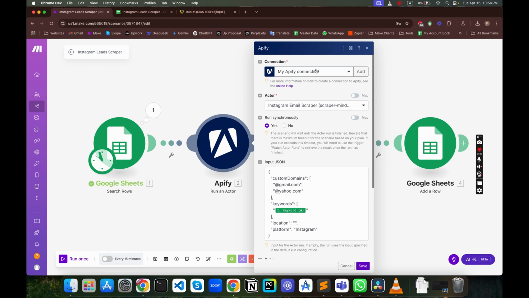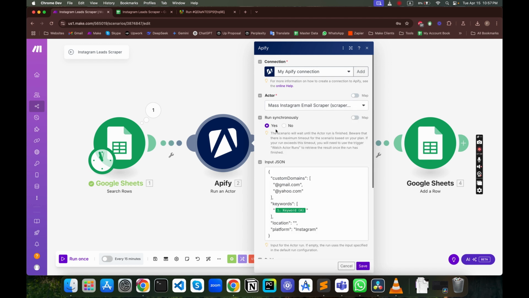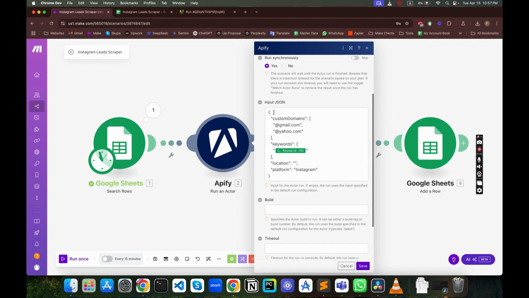After successfully adding your connection, here you can select the actor, which is mass Instagram email scraper from Scraper Mind, and you don't need to change the settings here. Here you can see the input JSON, so the keywords are entered here from the Google Sheet,